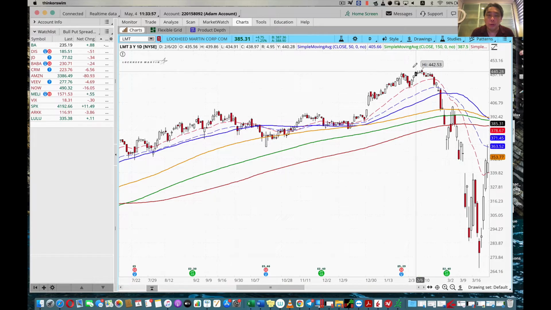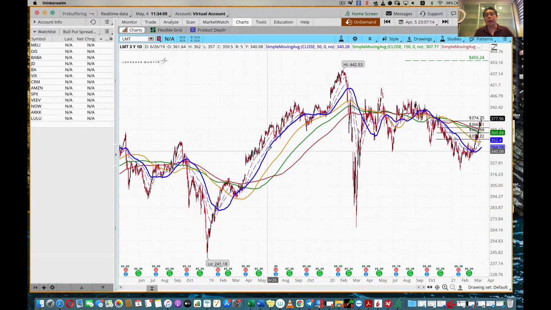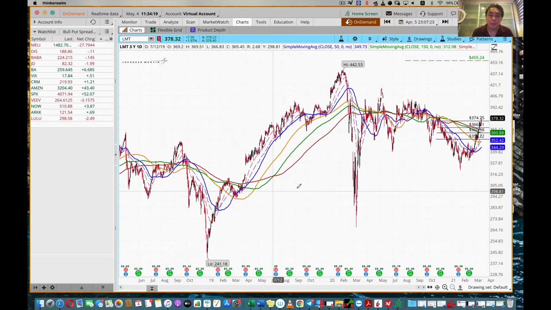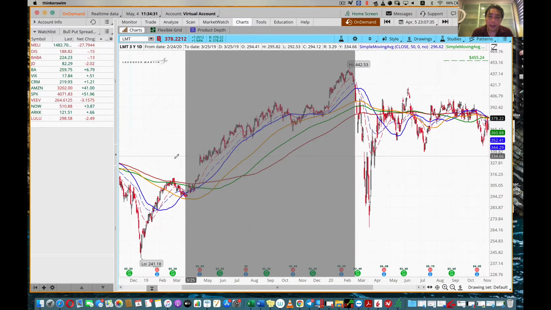So I'm going to go to On Demand, on the top right, which is the backtesting tool. With On Demand, I can actually go back to any point in time, like Back to the Future, to execute the trade and show you how it plays out. Okay, so I'm going to look at Lockheed Martin for a reason, because you can see there's a big plunge during the COVID-19 crash, and then it kept going down. So I want to show you what you could have done if, for example, you sold a cash secured put